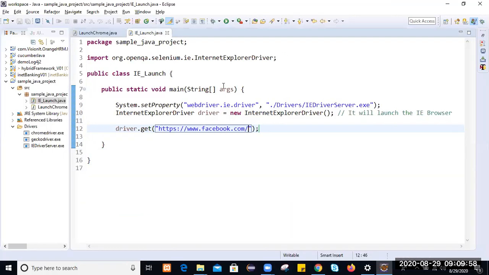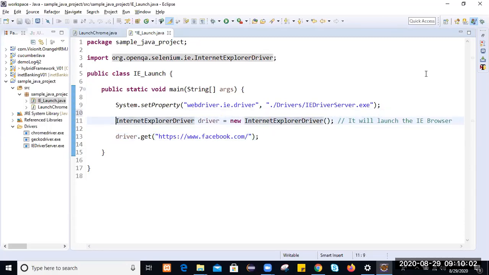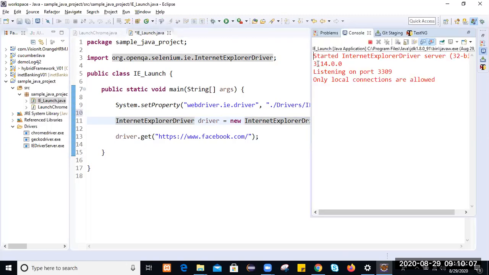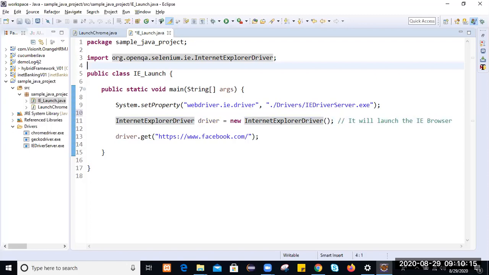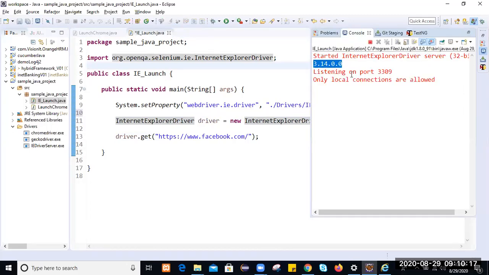Once you start this IE driver server, you see it has started on this port. It has started the Internet Explorer driver 32-bit with Selenium jars 3.14, listening on port 3309, and only local connections are allowed. You see, it has launched the browser.